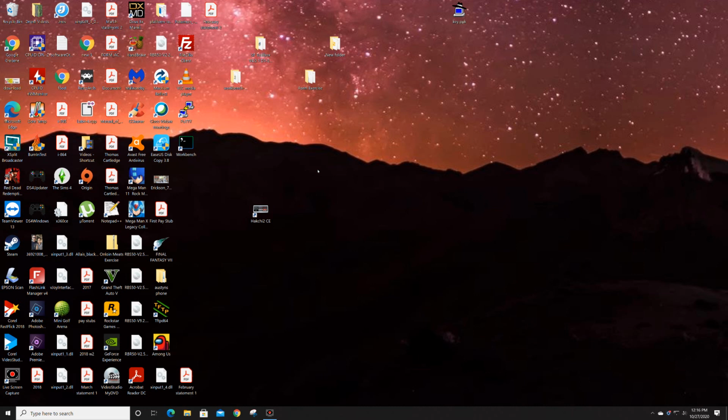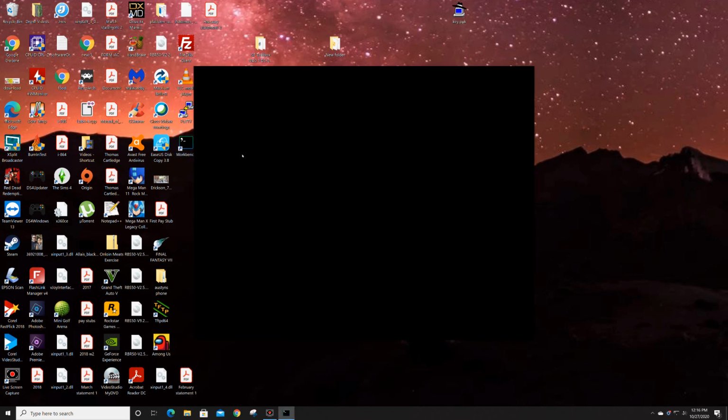So you want to make sure it's turned on and connected to the same Wi-Fi network as your, I'm using a PC, but you can use Mac, Linux, whatever other operating systems. If you need to find Workbench, you can just ask and somebody will link you to that, I'm sure. So once you have it turned on, connected to the same Wi-Fi network, you just want to make sure you go under Settings and Developer Options or Developer Settings, I don't know what it says, and enable SSH, and then you'll just click on Workbench and it'll open up